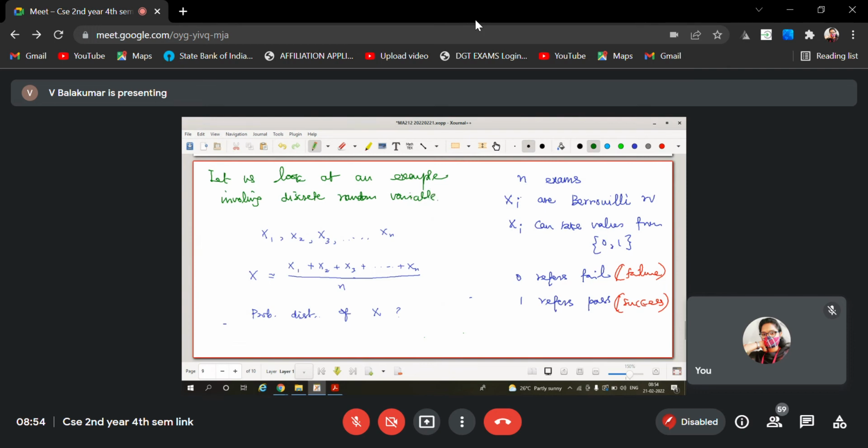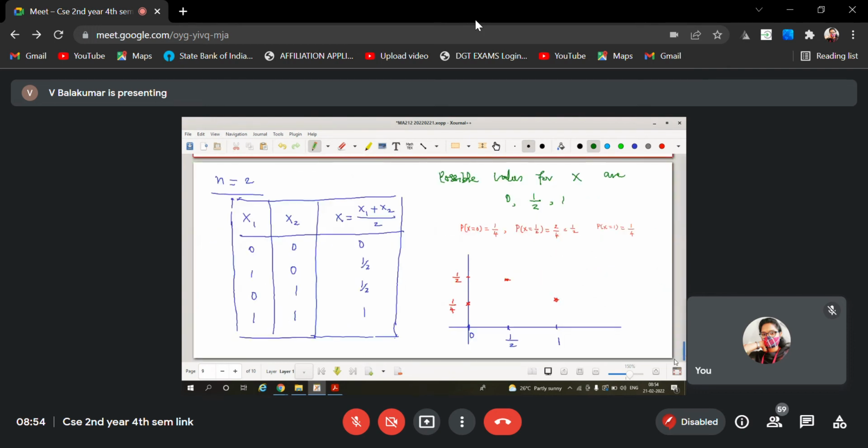The same thing can be discussed for a continuous random variable also. If I discuss that, the picture will not be dotted places like this. It will be a continuous curve without a break. This same idea I have to apply for